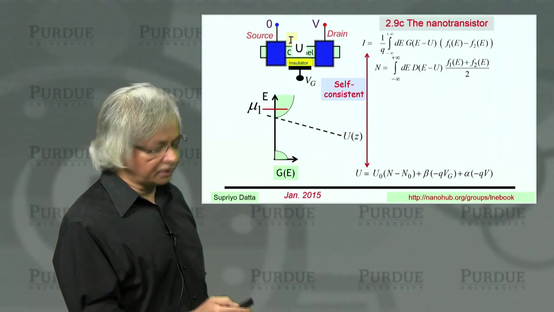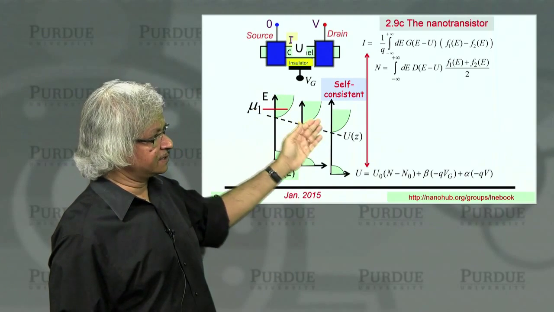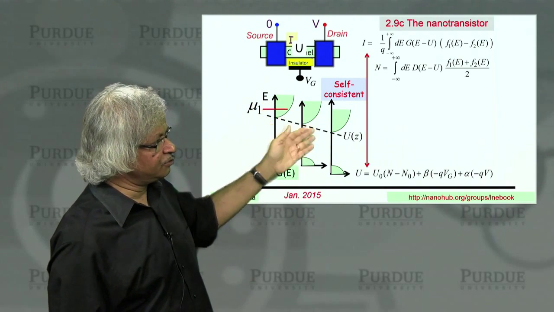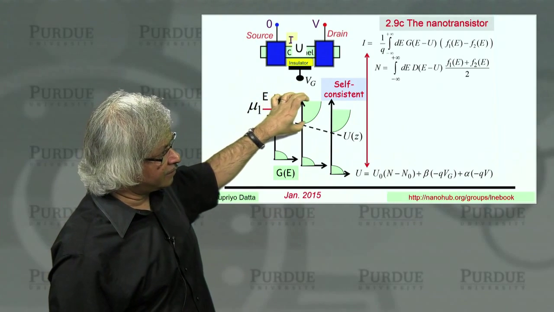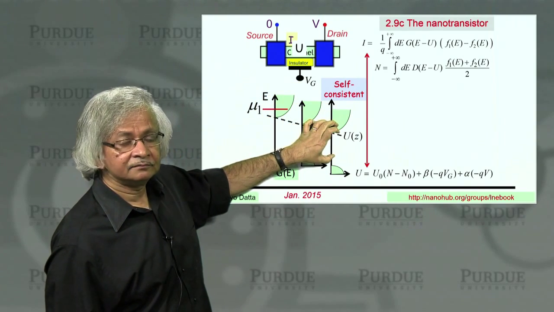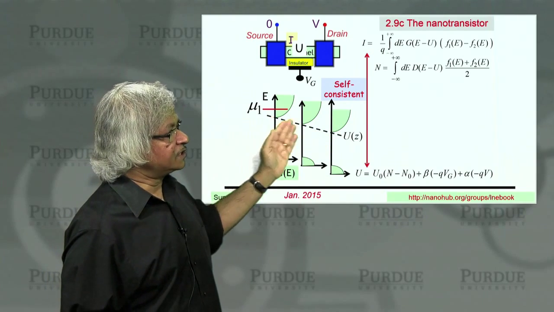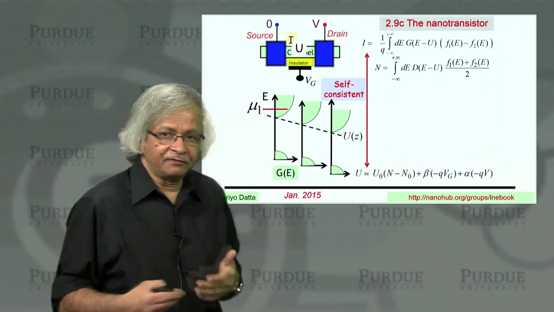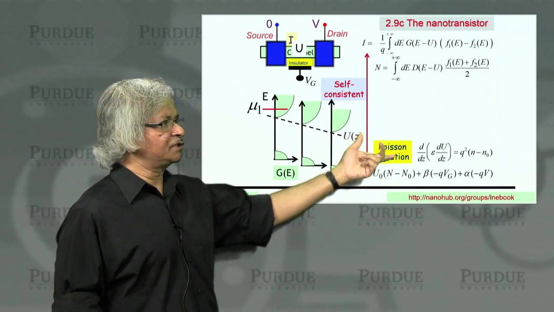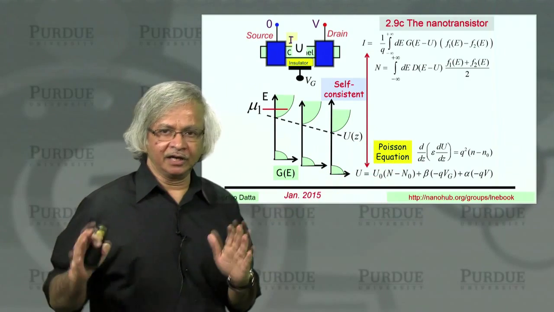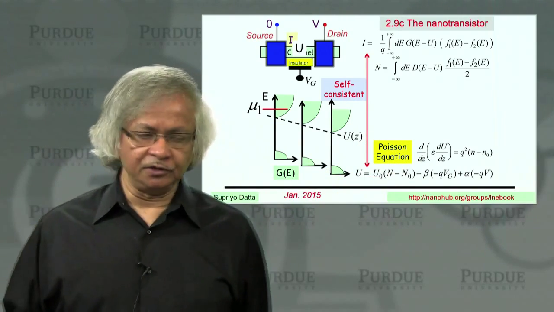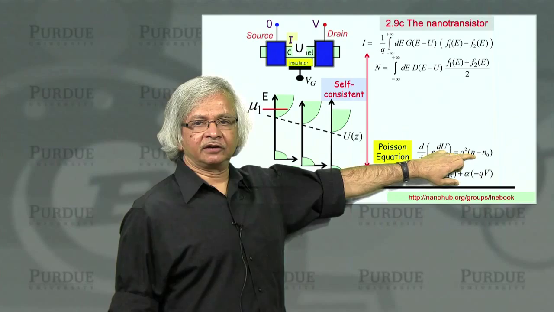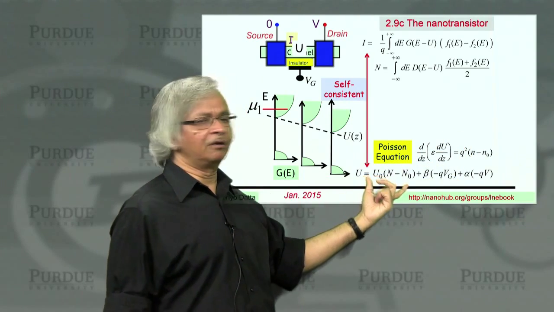What that means is, when you look at the density of states or the bands, this conductance function, it will keep going down, because as you know, when the U changes, the bottom of the band tracks that and goes down. Okay? So this U is not just one number that you can calculate from this equation. What you need is a differential equation to calculate it, and that's what's usually called the Poisson equation. So if you're doing a serious device simulation, what you'd use is the Poisson equation, which would tell you this potential as a function of the electron density. And what we have done is kind of a poor man's version of that.